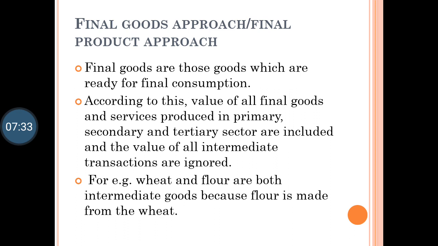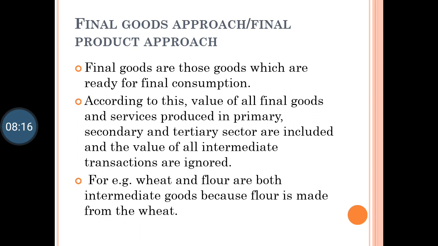For example, if we count the price of sugar, let's say the final market value of sugar is 50 rupees. Now again in 50 rupees, we do not add sugarcane charges of 10 rupees or raw material charges of 10 rupees. Why? Because all these charges are already included in the market price, which is 50 rupees. If we add up 10 rupees of raw material and 10 rupees of sugarcane again, then what will happen? It will lead to double counting. So all intermediate transactions are ignored and we just take into consideration the value of final goods and services.